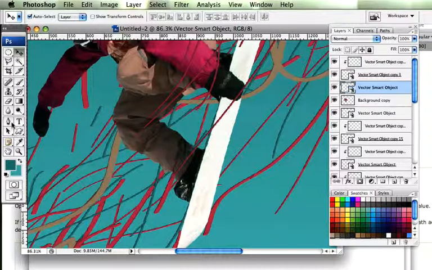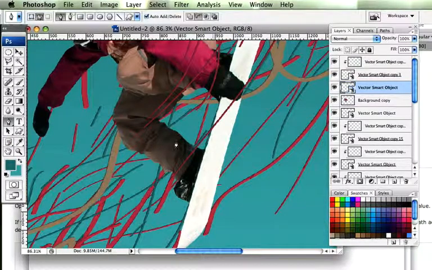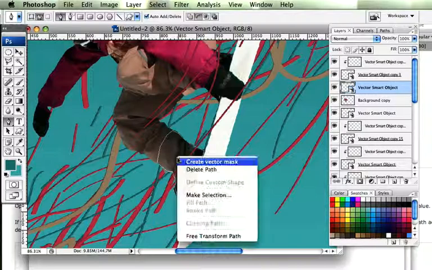So what we can do is grab the pen tool, and it doesn't really matter what layer we're on for now, and we're just going to come in around the leg, like so, and you can go around the arms if you want to do it over the arms or wherever you might be, and make that a selection,